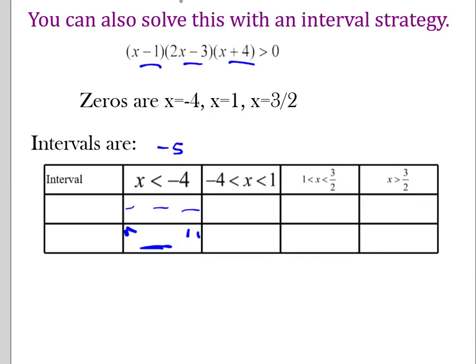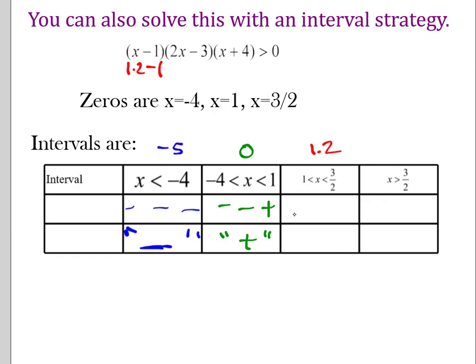Lost my pen. We'll do the next one in green just for fun. So let's choose 0. So now you put a 0 in here. This goes to 0. This is 0. So now you have a negative times a negative times a positive, and the result is a positive. Okay, and then let's go to red, between 1 and 1.5. Well, let's just do 1.2. It doesn't really matter what we choose as long as it's inside that interval. So 1.2